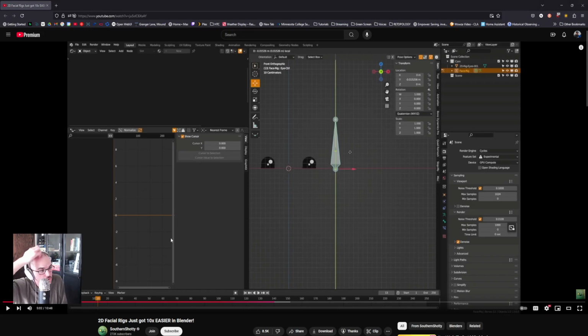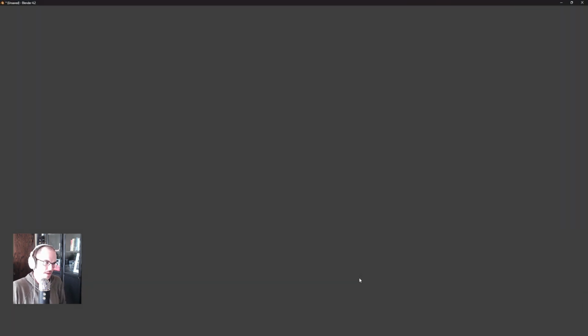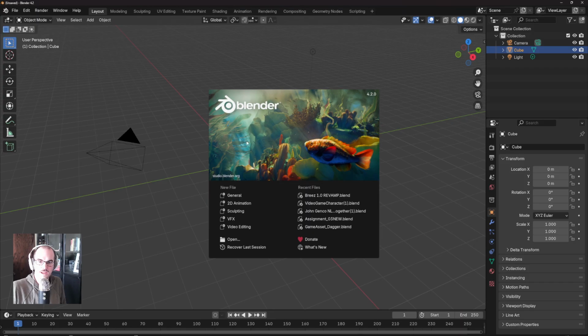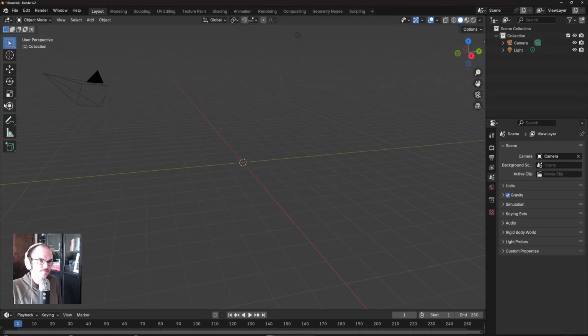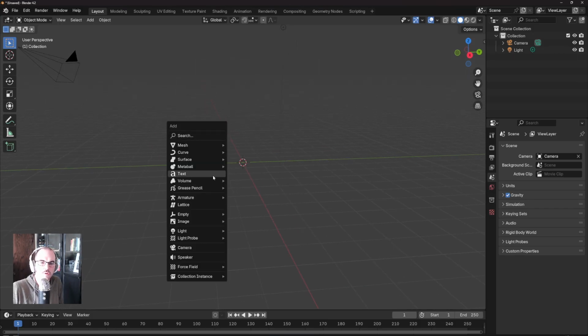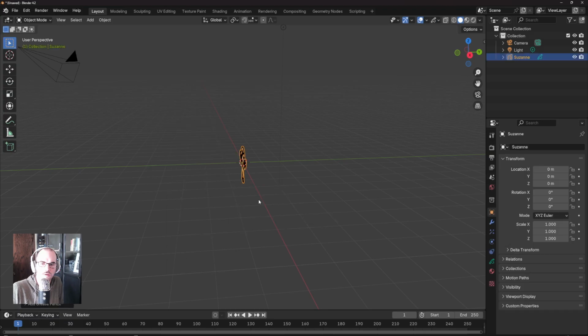Now, if you were interested in not needing to use externally created images like these PNGs were, if you want to be able to create a 2D animated mouth that hovers in front of your character or something like that, what you would use is the grease pencil. And it works like any other thing you would animate or deform otherwise. So I'm just going to real quick add in a monkey like this,